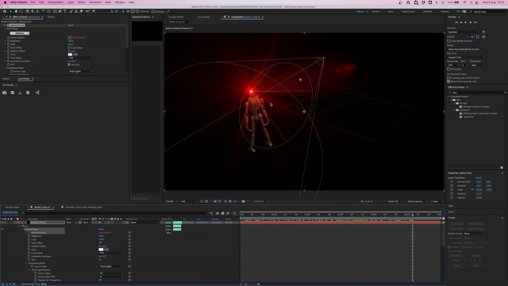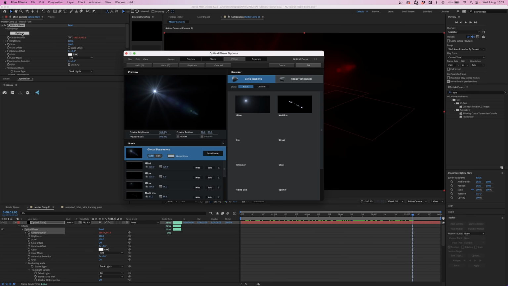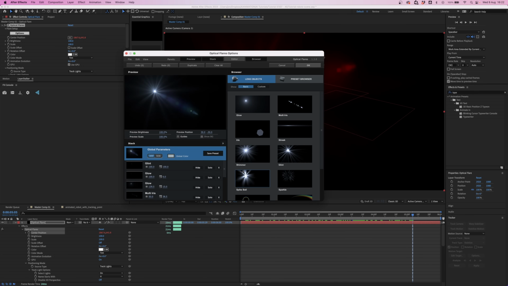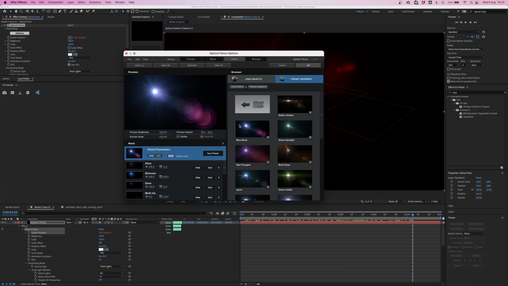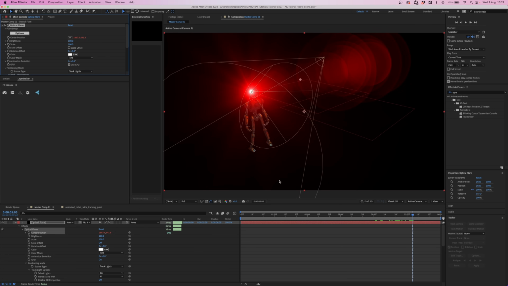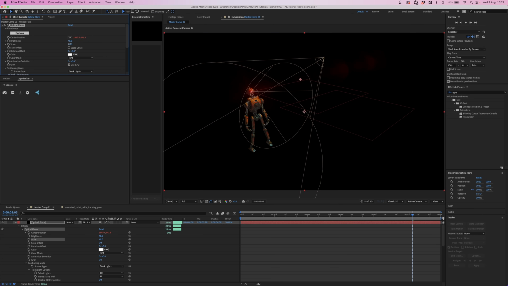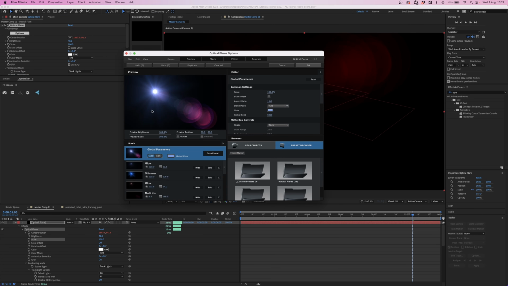it's quite hard to see, and the lens flare isn't the exact sort we're after, so you can press options in the Optical Flares plugin, and you can create your own optical flare, or you can look at the presets. For example, this one here is quite nice. Press OK and see how that turns out. Go up here into the settings and reduce the brightness, play around with the scale. You could press options again and spin through the settings for your optical flare and reduce the size of things